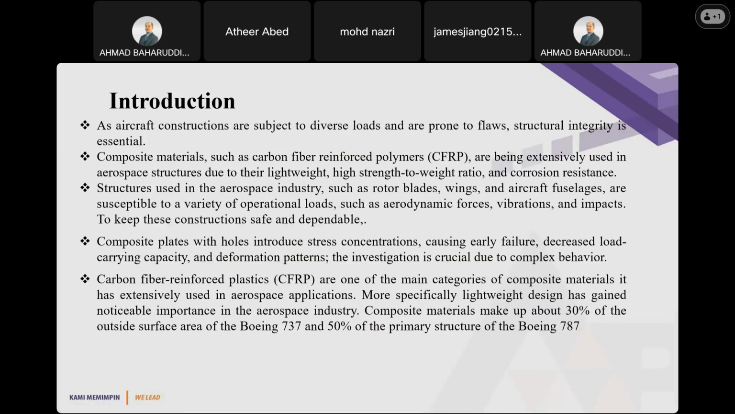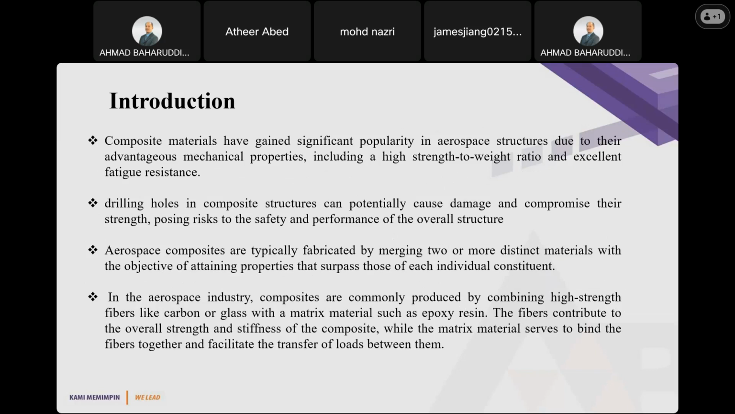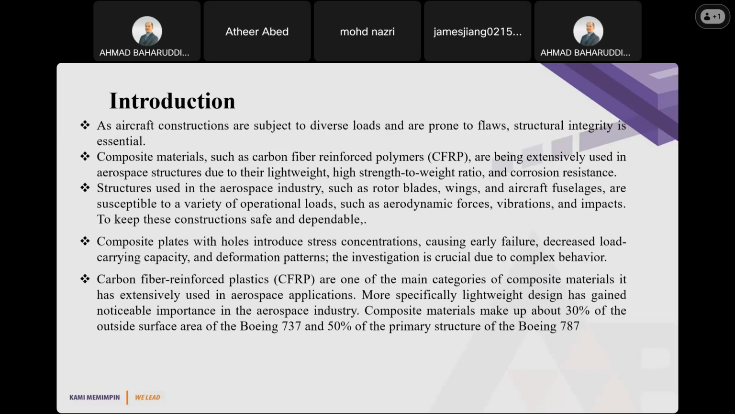All the people we have, the composite material is very important, especially with the aircraft and the aerospace industry, because we have many facilities. For example, I will talk about commercial aircraft, Boeing and Airbus. Composite materials are very important because you have a high strength to weight ratio. For example, carbon fiber reinforcements are one of the main categories of composite materials extensively used in aerospace